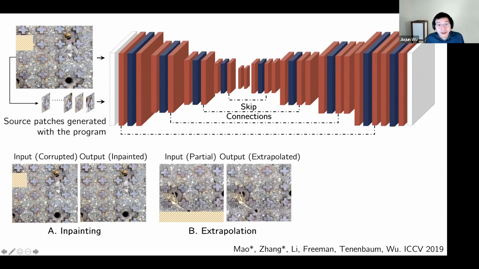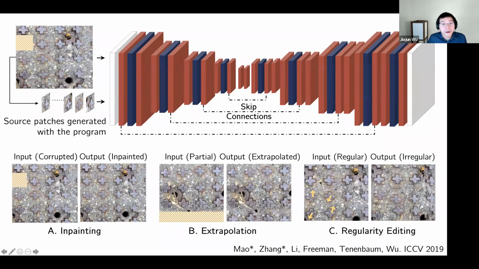Of course, you can use that for extrapolation, right? Similar applications as also in Osborne's paper as well. You can add another row of the crosses. Or the program also tells you, right, because I'm representing a centroid, so I know if the layout of these objects is regular or not regular, right? And I can say, okay, what if I want to make the scene a little bit more irregular, so I